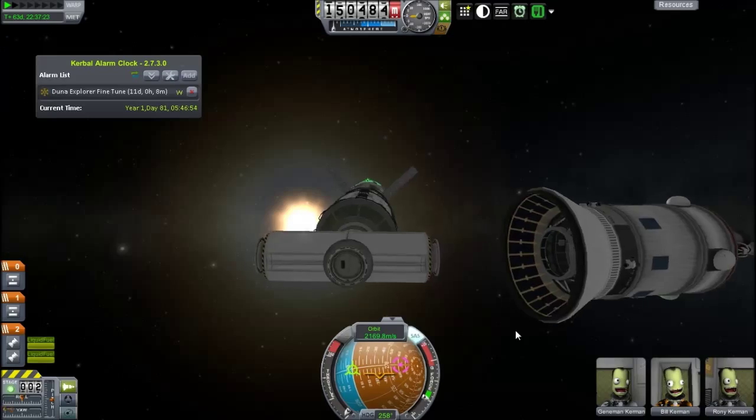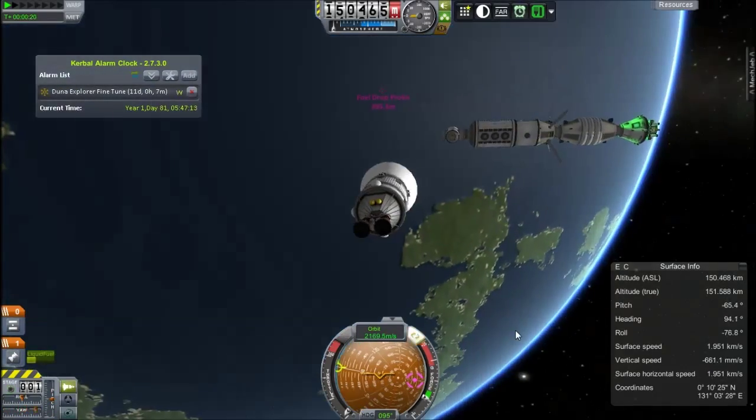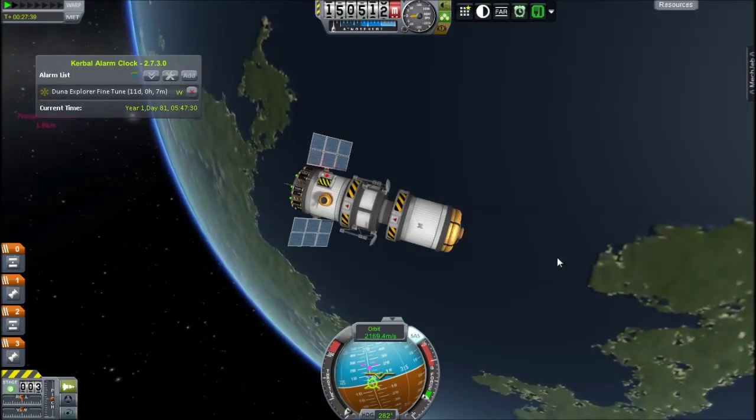But yeah, that's looking good, so we'll leave that stage a little away from us in orbit. Hopefully it won't come back and hit us at high velocities. But we'll deorbit it now, and then switch back to the...